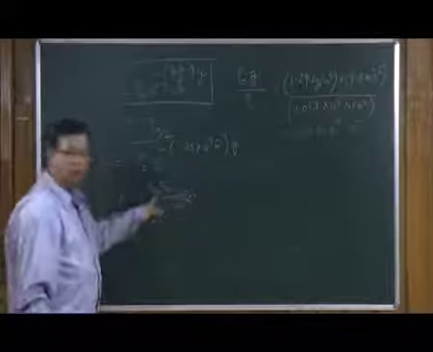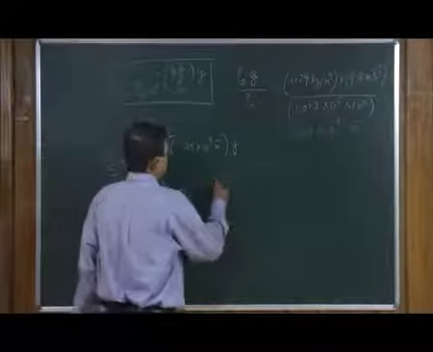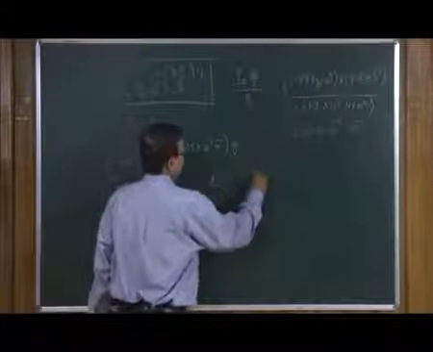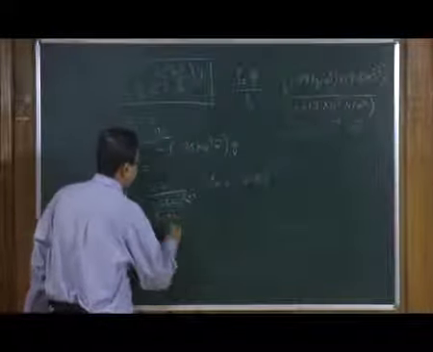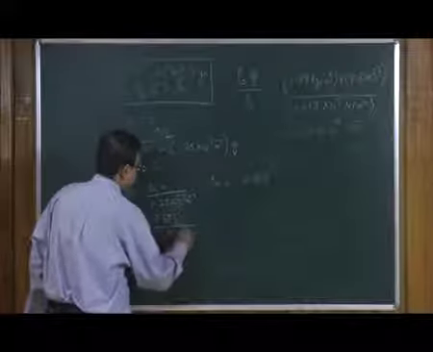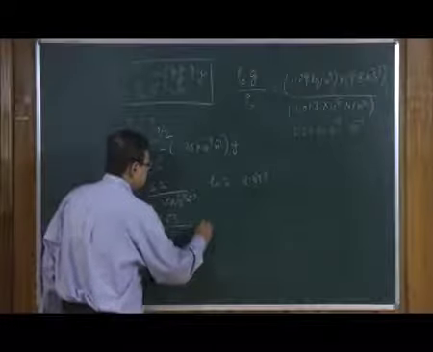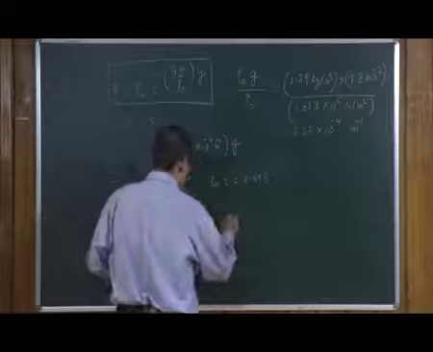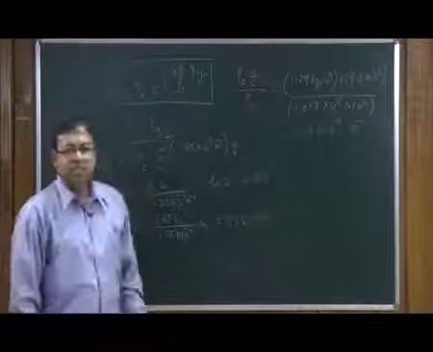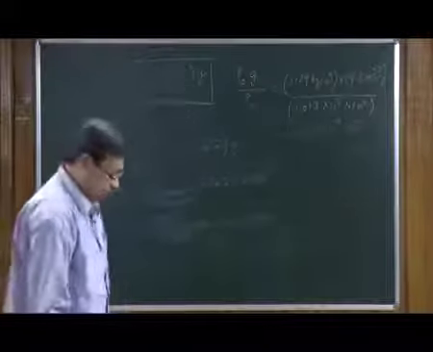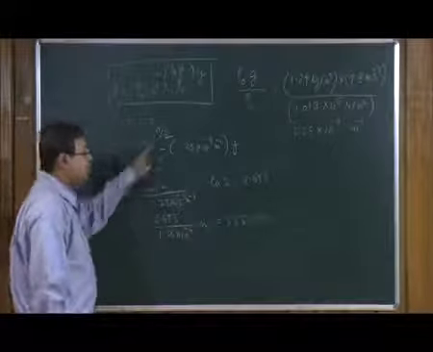Y becomes log of 2 over 1.25 into 10 to the power minus 4 meter inverse. Do you remember what is log 2 from your radioactivity classes? So, log 2 is equal to 0.693. So, this is equal to 0.693 divided by 1.25 into 10 to the power minus 4 meter inverse. So, the meter will go up, and this becomes equal to 5550 meter. So, this is the height at which the pressure falls to half the atmospheric pressure,